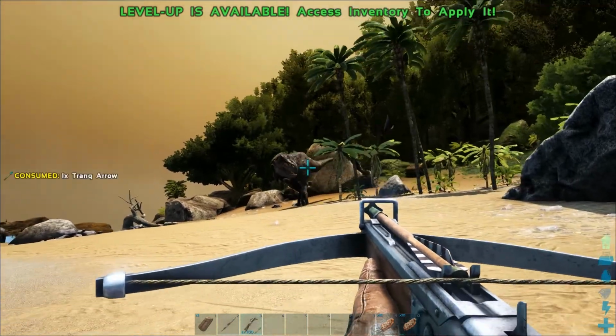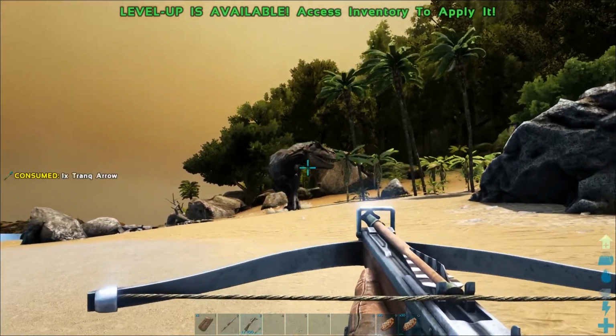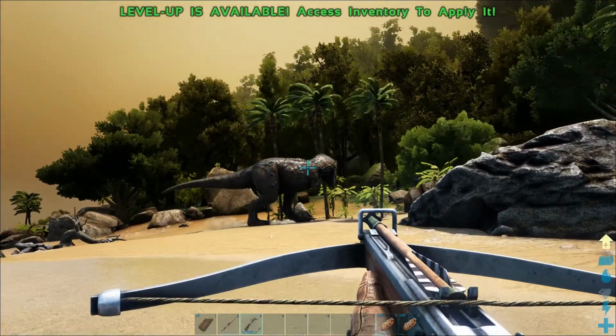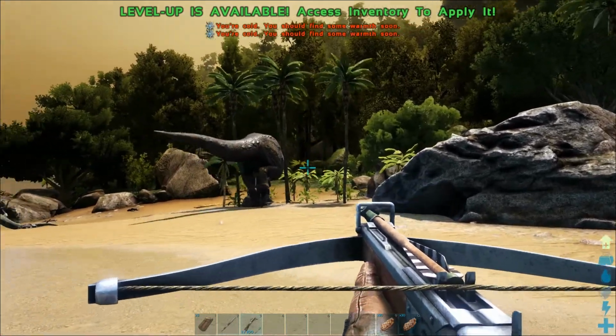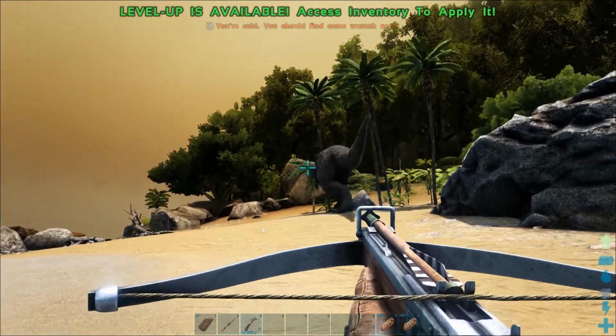Definitely recommend double checking to make sure that it's tranq arrows that are in the crossbow and not accidentally your regular arrows, which I've done. We're going to start firing at this big bastard over here. I think it's a level 50. And honestly, I'm not really going to...